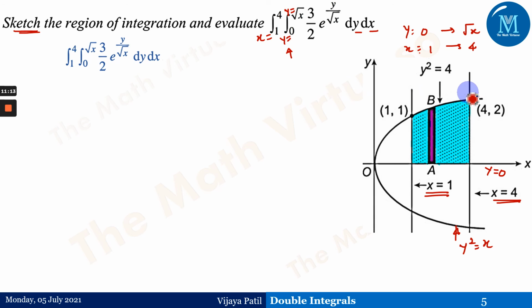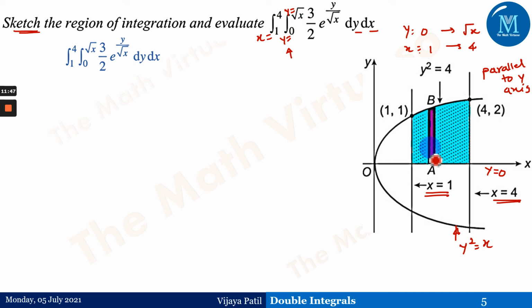That means what? We need to consider a strip parallel to the y-axis. Please do follow the previous session wherein I have explained method 1 and method 2. Out of that, we are just dealing with how we have to identify the region using the concept of strip, when we have to deal with a strip parallel to the y-axis or a strip parallel to the x-axis, because the innermost integral has y, that is, the limit is for y in this particular integral. That's the reason we need to consider a strip parallel to the y-axis.